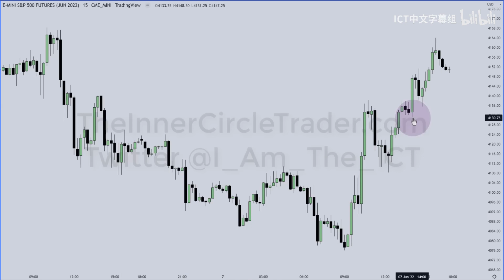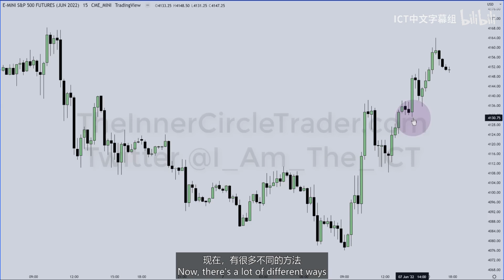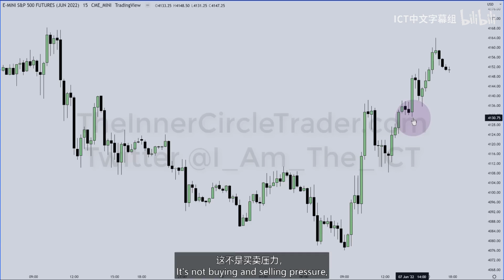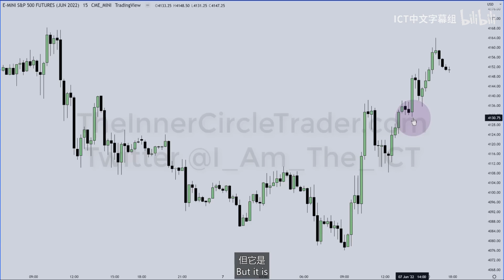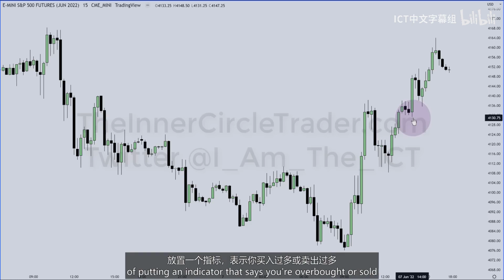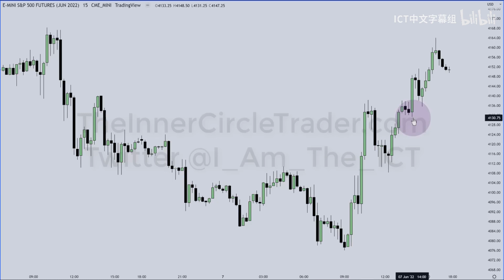Where's that draw on liquidity? Now, there's a lot of different ways that is calculated on an institutional level, okay, and how it's determined. It's not buying and selling pressure, okay, but it is algorithmic. So the easiest way for me to cut through all of the very complicated things that could very easily bog you down, and you may feel like the things I'm teaching are complicated. And I guess when you remove the idea of putting an indicator that says you're overbought or oversold, or a crossing over of two lines that gives you a buy or sell,